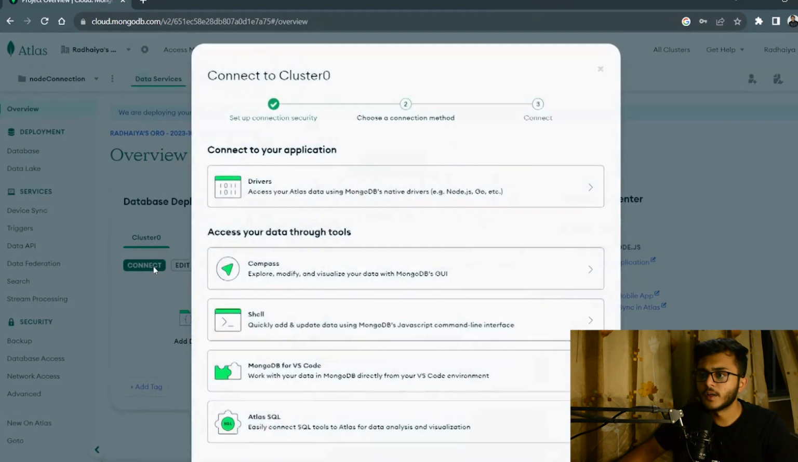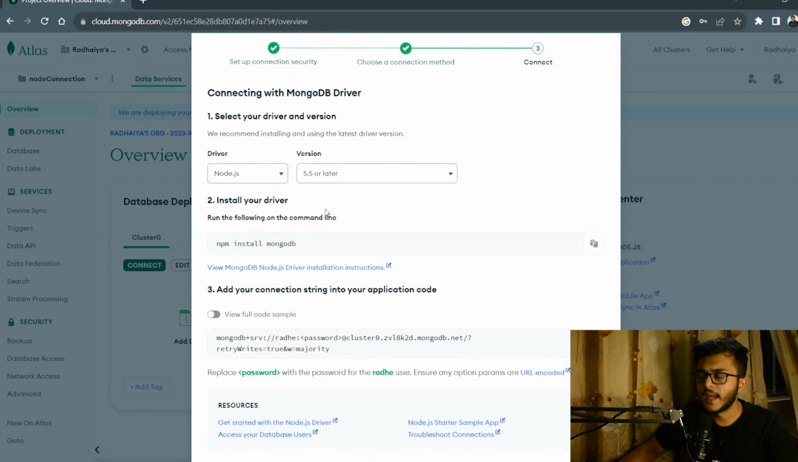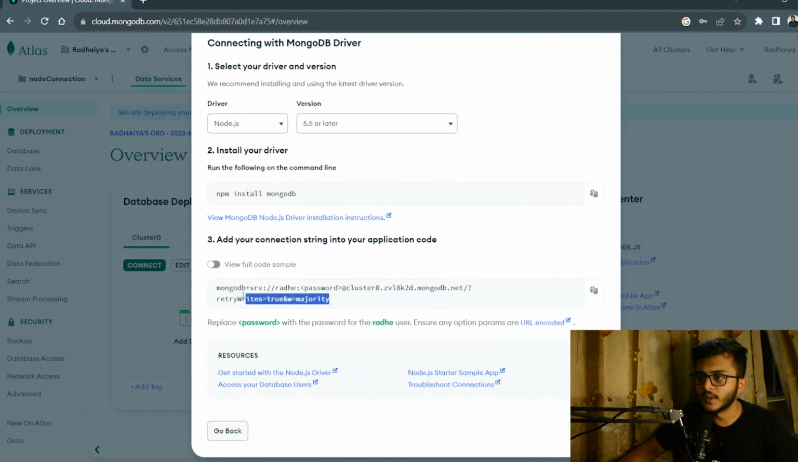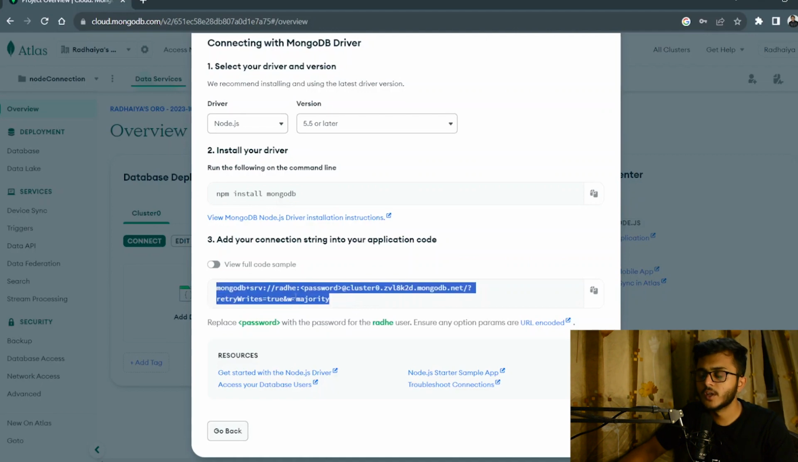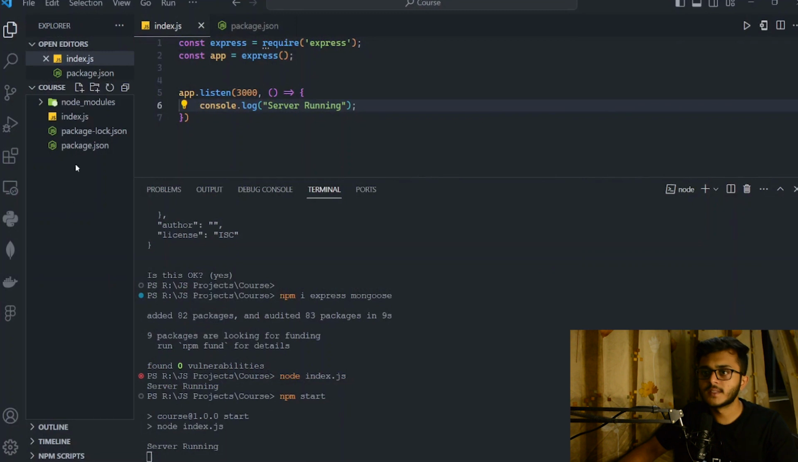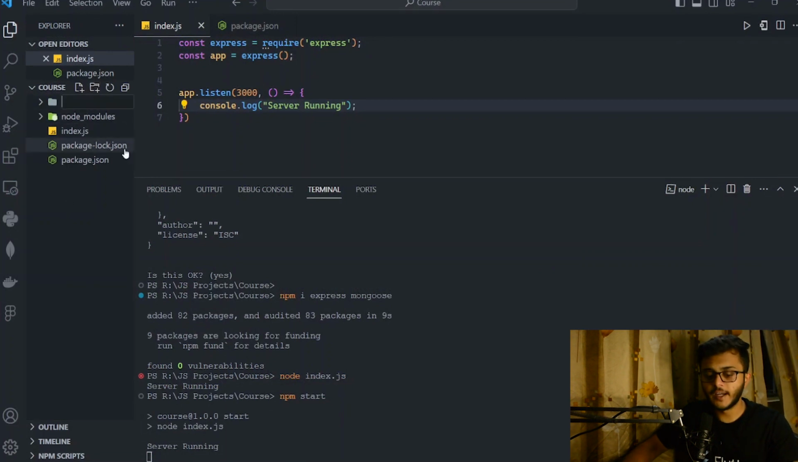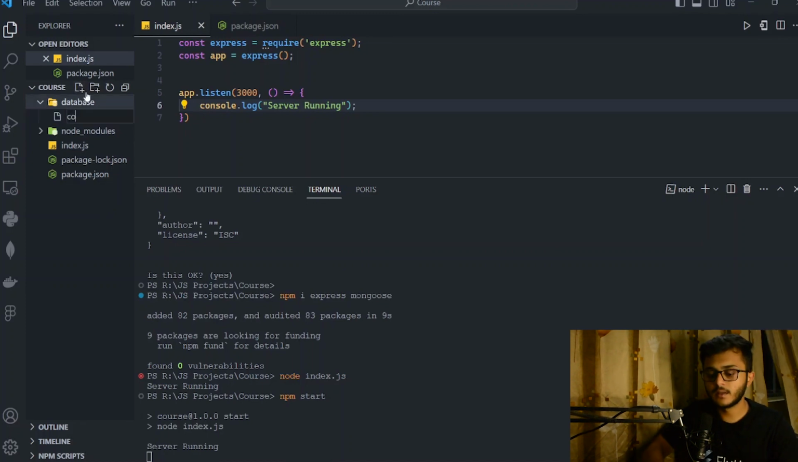Okay, now when you click connect, click on the drivers here, and then you will get a string over here. So this is a connection string. This is what we actually need. So coming back to our VS Code, let's create a folder over here called database, because it's good practice not to directly create a JS file. So in database we create